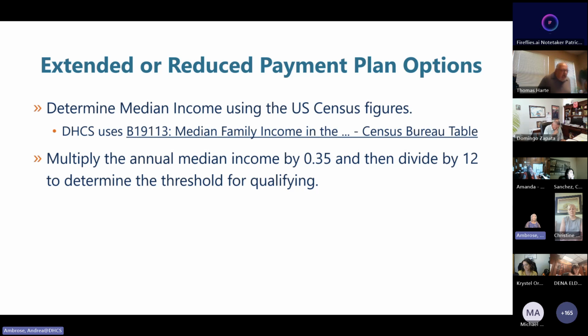And then you'll take whatever that annual median income is, multiply that by 0.35 to get the 35%, and then divide it by 12 to determine the monthly amount, and that will be the threshold to qualify for either the extended or reduced payment plan.